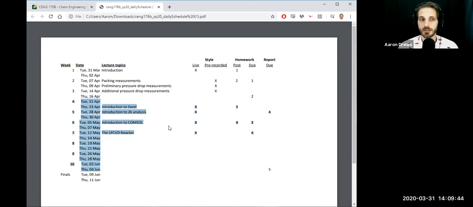And so starting from about week 4 on, there's really very little change in the lab compared to what you would normally experience, except that I'm making you do the LPCVD instead of giving you that option to pick potentially one of the remaining experiments. So in that sense, it's different, but in a lot of senses, it's very similar to the way that it would be anyway.